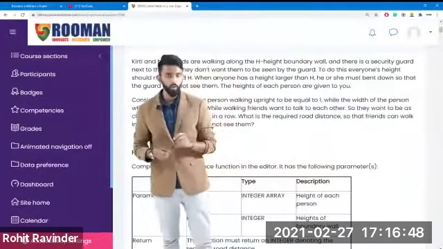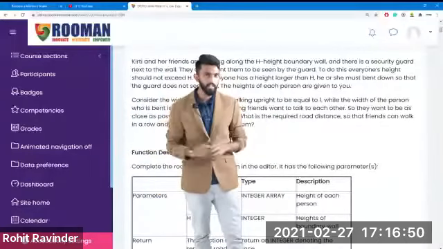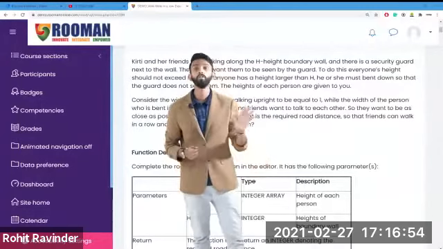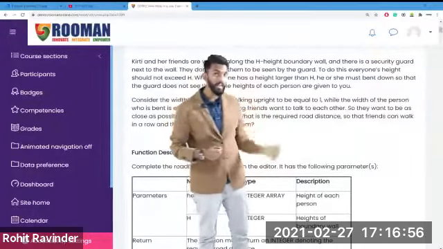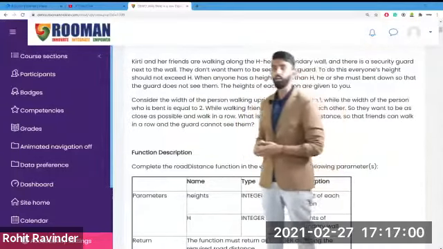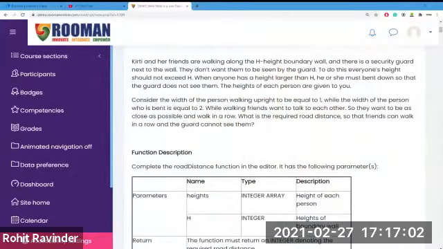What I am going to do now is remove myself from the screen. I will give you 1 minute. I want you to read this. So I am just going to disappear from the screen. Read it and let us see if you're able to understand the question. Read it, all of you. Carefully, I want you to read it. See if you're able to understand the question, because without understanding the question, how are you going to give a solution?